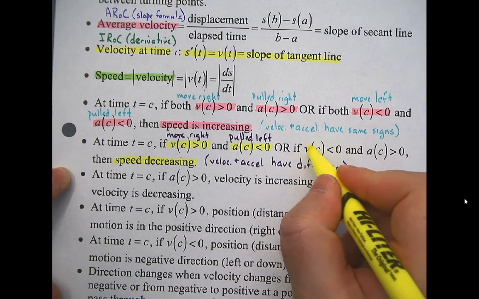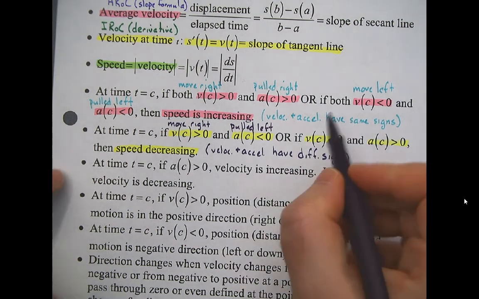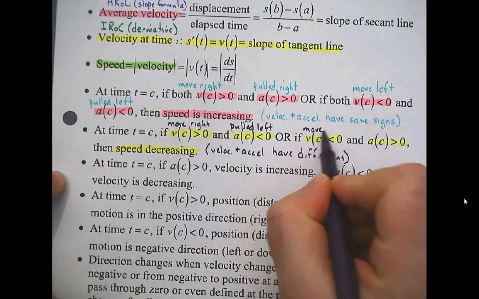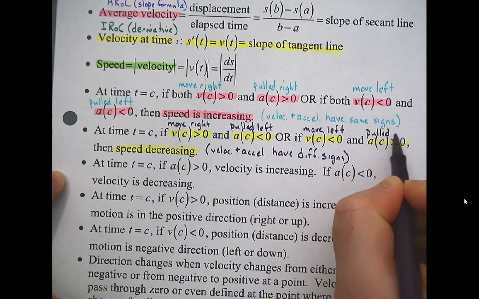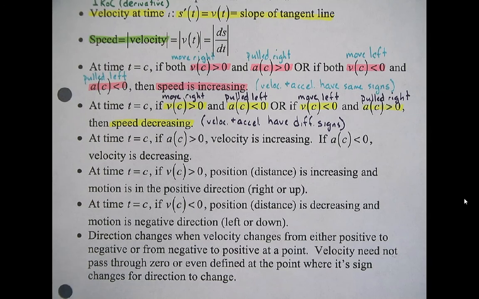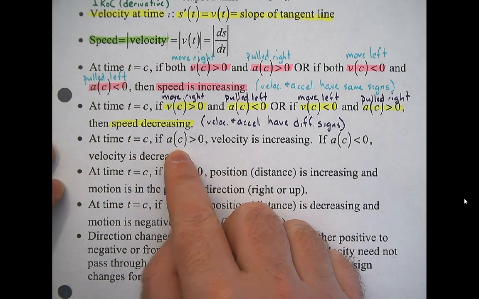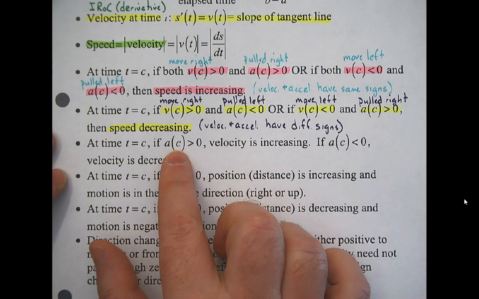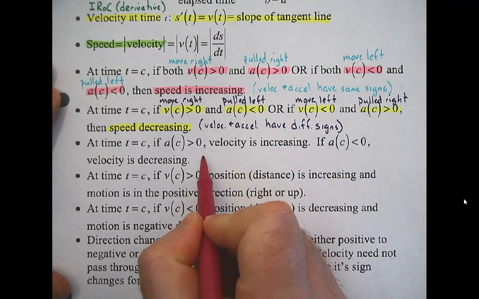If my velocity is negative and my acceleration is positive, that means I'm moving to the left, but I'm getting pulled to the right. I'm going to be slowing down because I'm moving left, but I'm getting dragged to the right. At time equals c, yeah, I mean, that's kind of obvious, right? Why is this true? I hope this makes sense considering velocity,